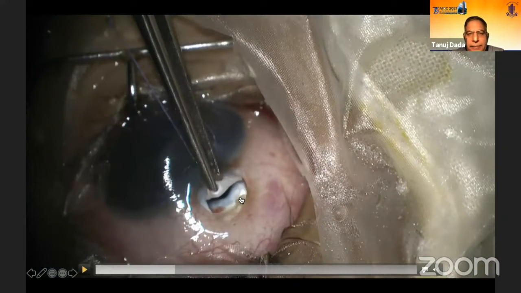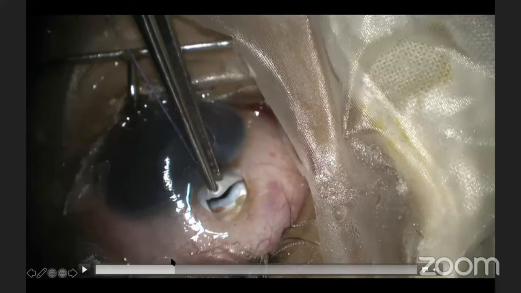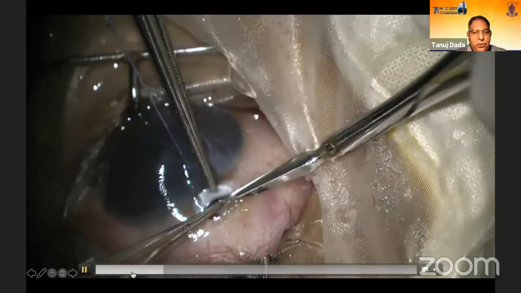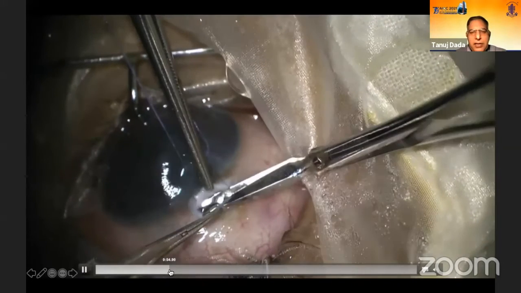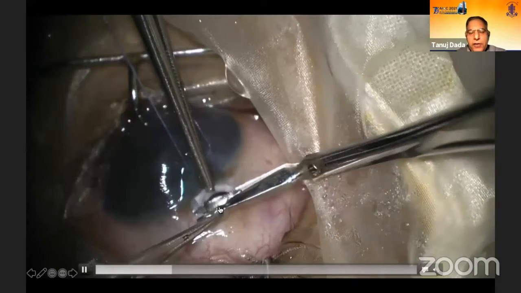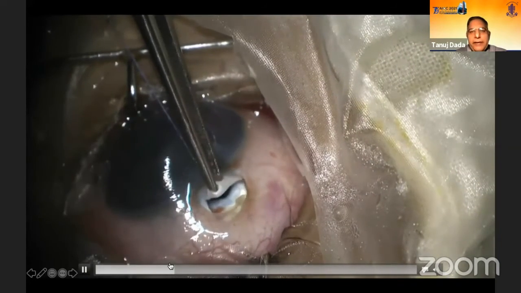So two important caveats are, first thing is whenever you are making the ostium, there should be no traction. So while making the ostium, the assistant is pulling on the cornea. So that is causing a counter traction. So never have any traction when you are making the ostium. The second important thing is always try to go slightly anterior, because then you are going into the clear cornea. If you make a posterior opening, you will get vitreous loss.